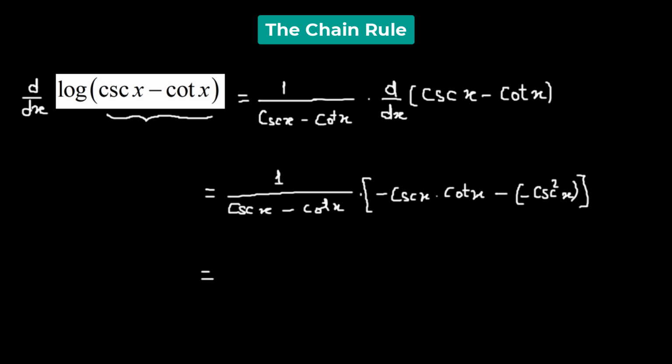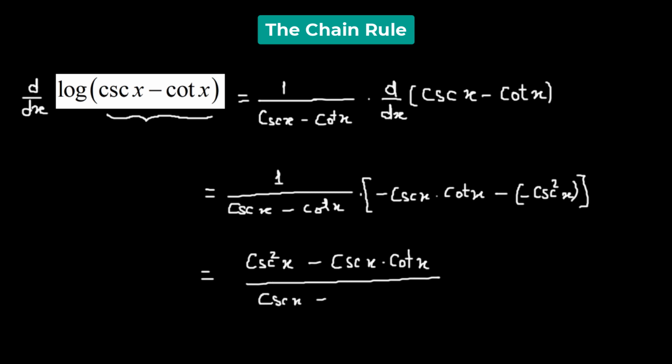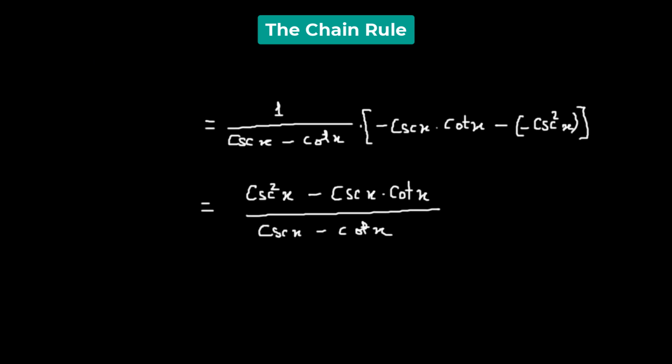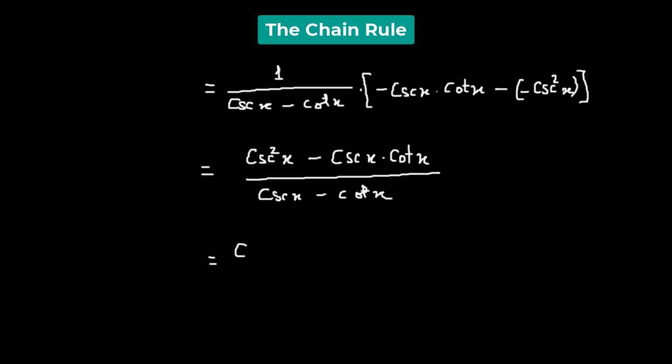So that gives us positive cosec squared x minus cosec x times cot x in the numerator, divided by cosec x minus cot of x in the denominator. Now what we can do is take cosec x as common in the numerator, so that is going to leave us with cosec x minus cot of x